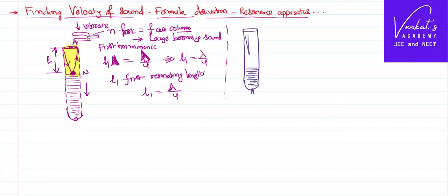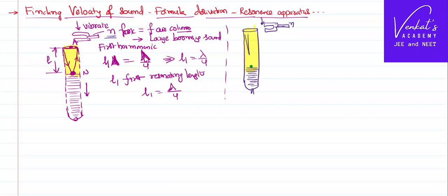This is the length of the air. So in that case, we take the same tuning fork, with the same frequency N. When you repeat the experiment with the same tuning fork N and vibrate, that vibration will pass over